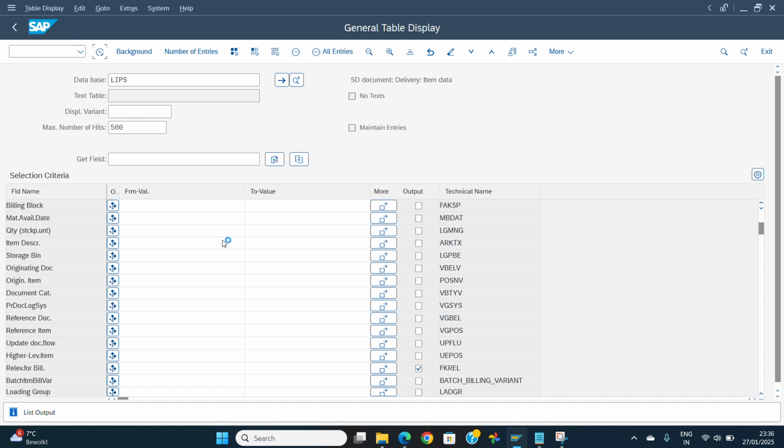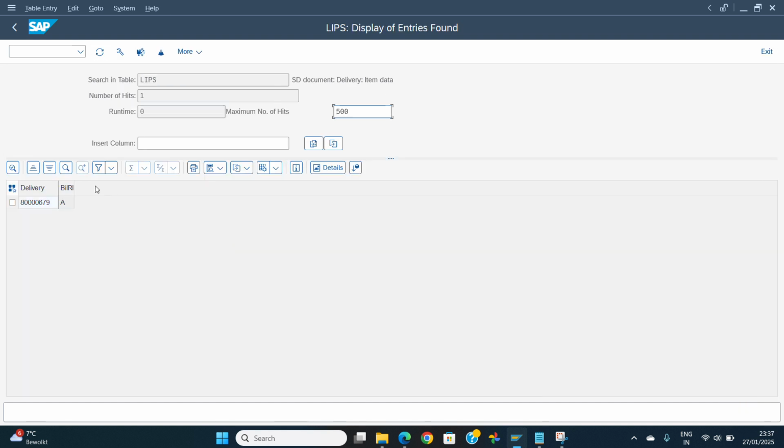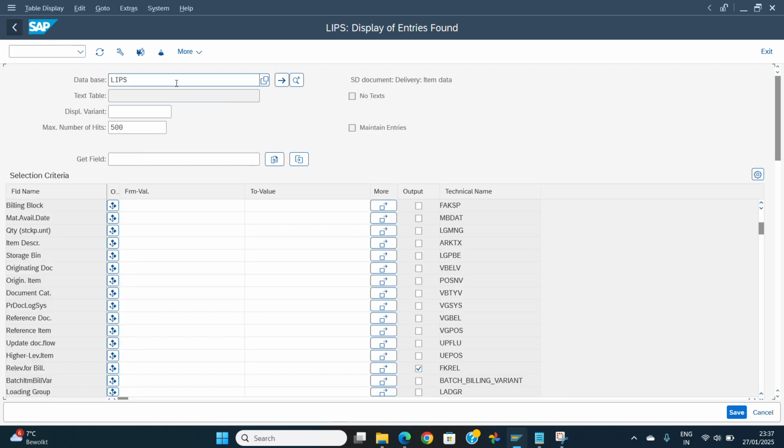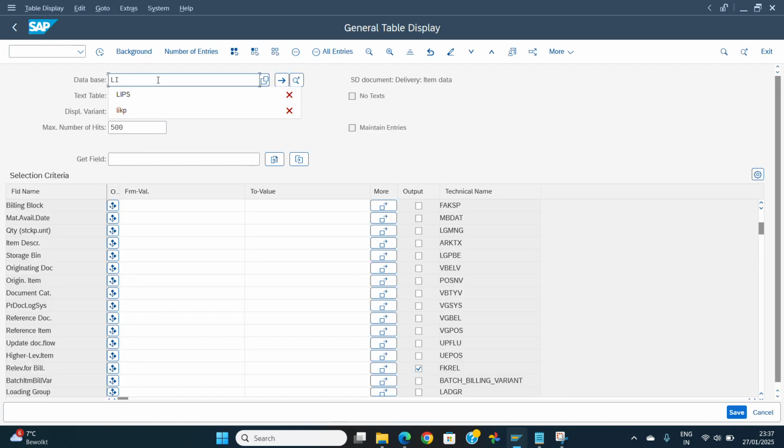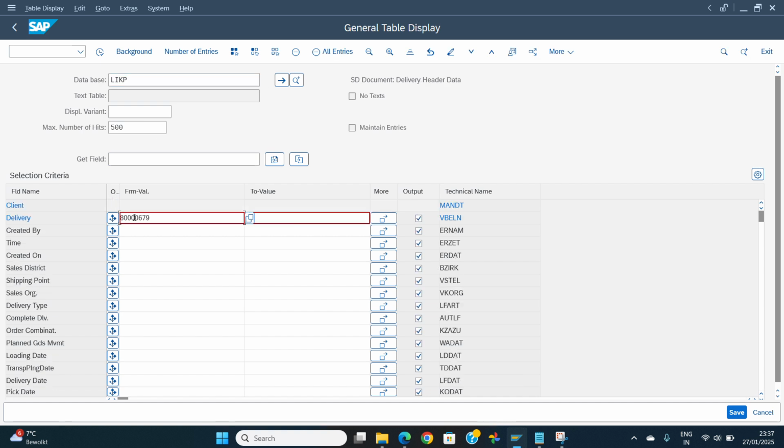At times it happens that the delivery is appearing as relevant for billing in EWM, but on the S4 side it is not relevant, because at the item type level in EWM we have marked the setting as allowed for invoice before goods issue, but at times we will notice that the item category on the S4 side is not relevant for billing. In that case we will see the scenario that even though we are requesting an invoice, it is not resulting in one. Now in the LIKP table again, go to